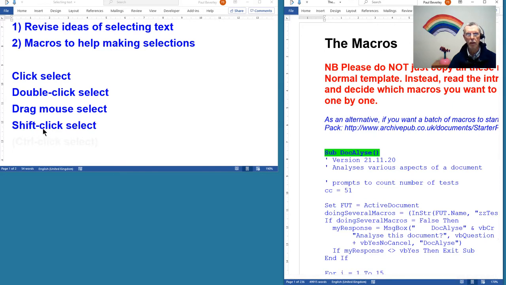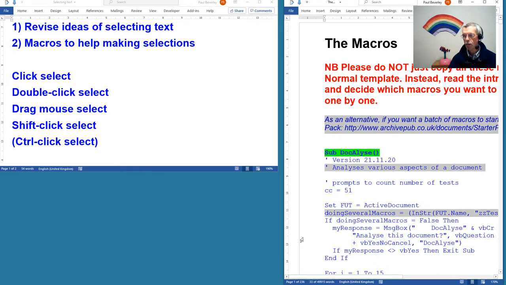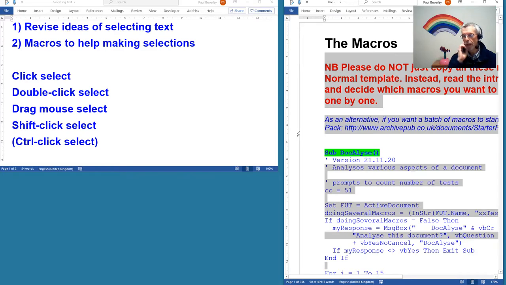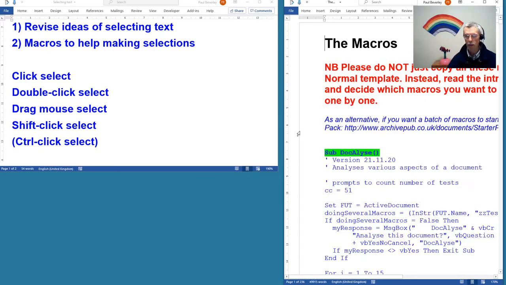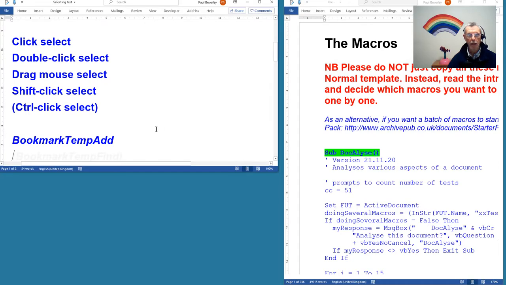And when I was trying this, I discovered something I didn't know about. Ctrl-click select. Suppose we have that selected. If I hold the Control key down and press select, I can select all sorts of different things, and even drag select. So it adds to the selection if you're holding the Control key down. Who'd have thought it? What next? Okay,